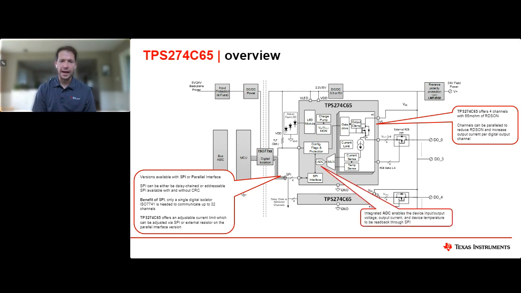Additionally, this device has an integrated ADC. So this is one of the first in the industry for industrial high-side switches to have an ADC. So what that really allows you to do is convert the current sense information, temperature sense information, the V out sensing, and the V in sensing, and allows you to convert that to digital and then transfer that over SPI back to the MCU.